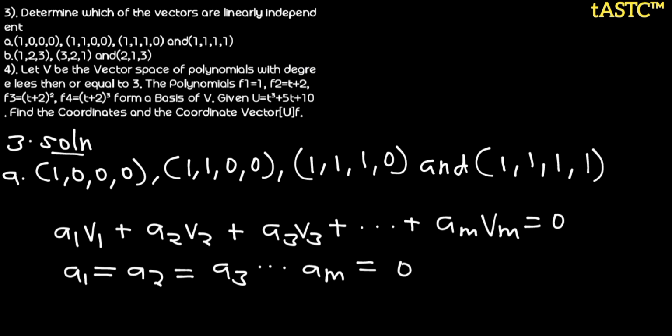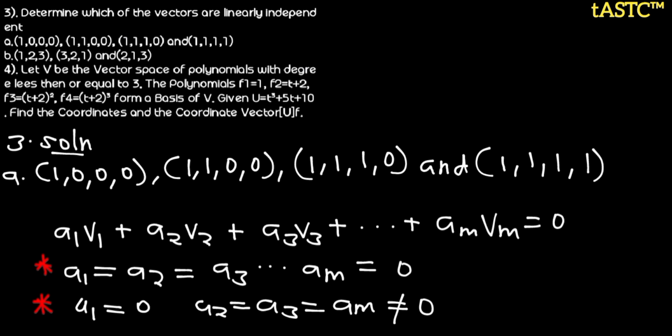Well, there could also be another form of this. You might not necessarily have the a's or the scalars equal to 0 for the 0 to occur. So let us say we provide a1 to be equal to 0, but a2, a3, and am are not equal to 0. This is going to cause the vectors to be linearly dependent. So linear dependence,